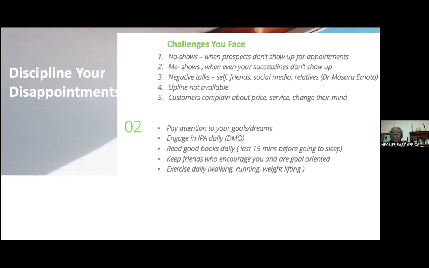In fact, remember, our business is a sifting process. You sift the right kind of people, or you go through a process of selection so that you know the right people to join the business. So when somebody doesn't show up, it's part of the business. Don't stress about it. Maybe it's not the right time for them. Maybe they can't